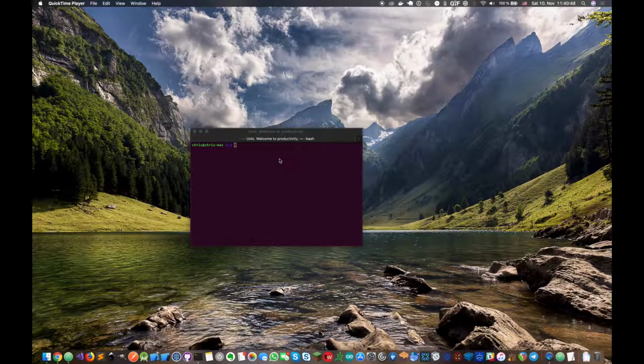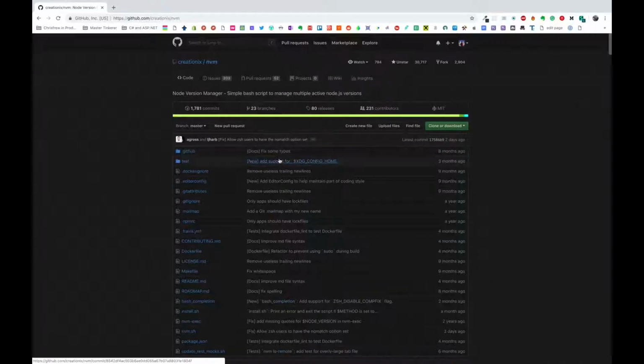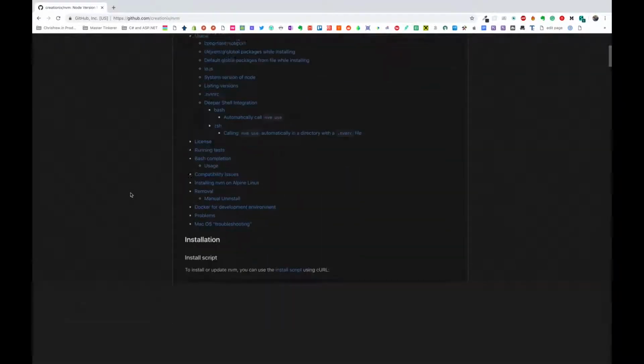Before we get started with our blog, installing Node packages and modules, we need to make sure we're all in the same Node version. In order to do that, we're going to install a tool called NVM, which stands for Node Version Manager. So if we head over to NVM's GitHub page, we can see near the top of the README